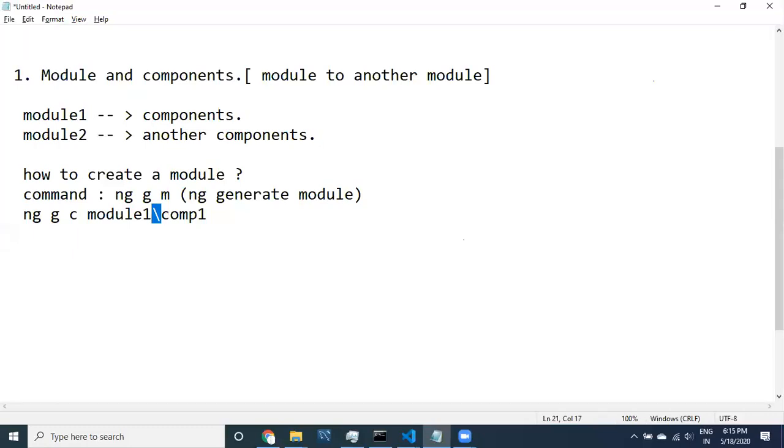But forward slash works on all machines, like Mac, Linux or Windows. So my suggestion is to use forward slash, which works everywhere.